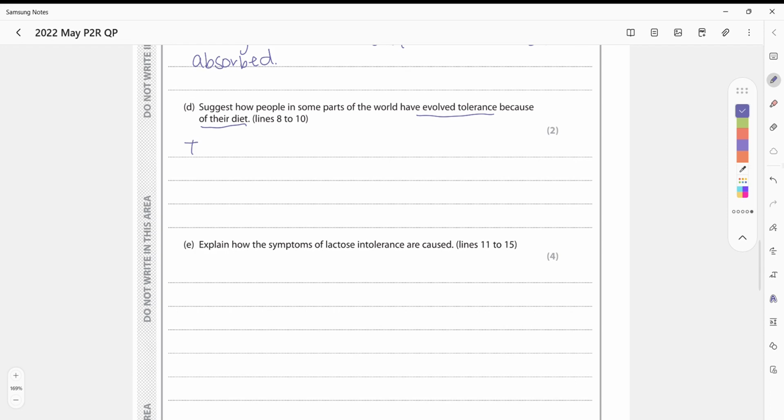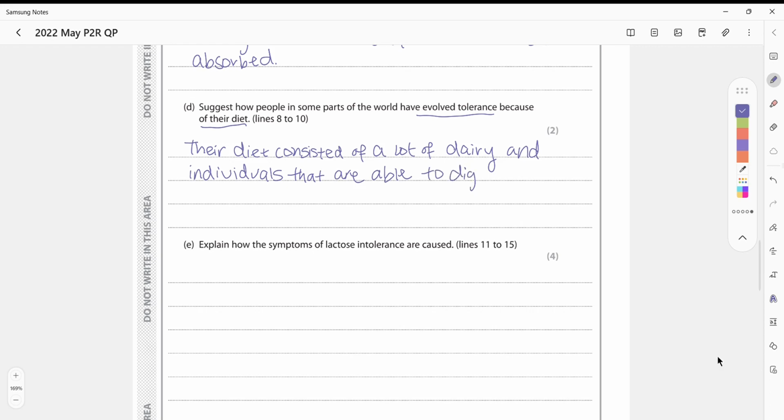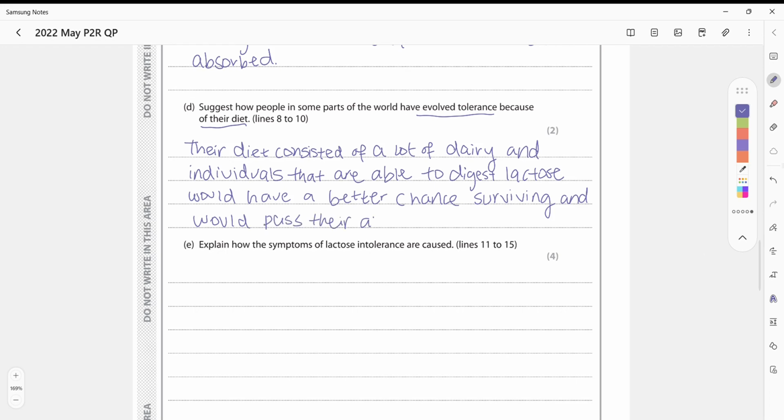So we can say their diet consisted of a lot of dairy, and individuals that are able to digest lactose better have a better chance of surviving and would pass their alleles to their offspring. So I've included some extra things that aren't necessarily part of the marking scheme, but I think it's